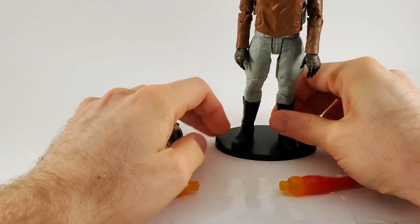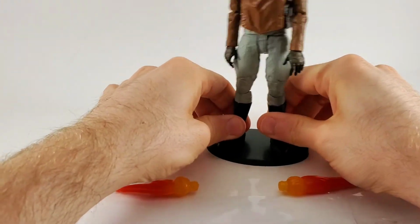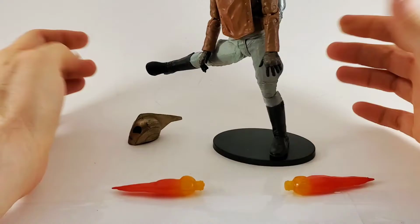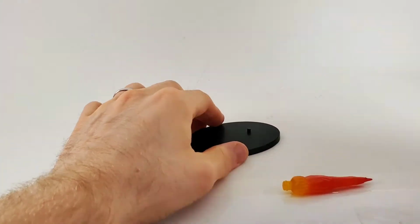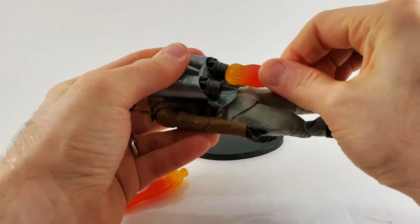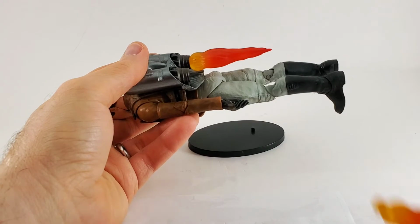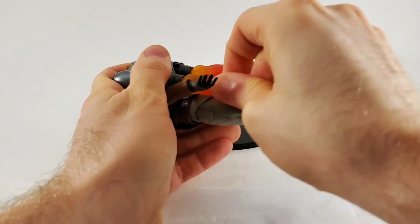But if you're going to do one, why not both? Come on. At least no one's going to stand him like that, you idiots. Come on. In addition, these little jetpack rocket dealies fit into the back of the rocket with some coercion,